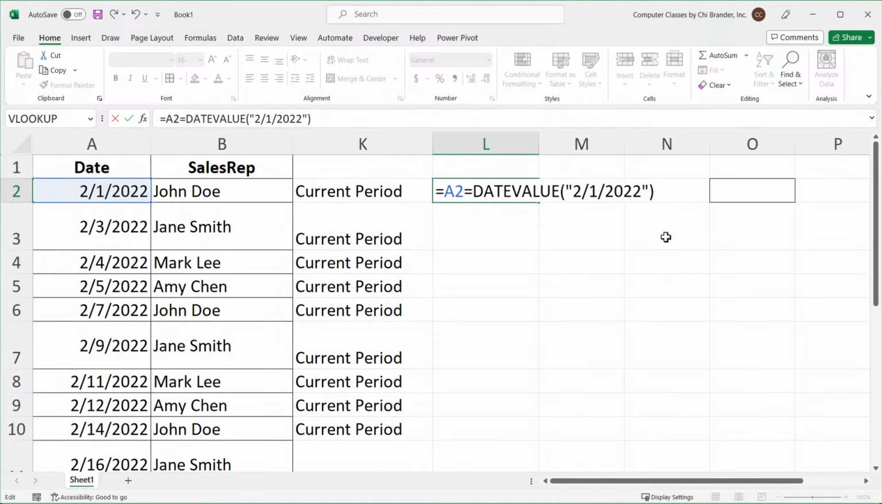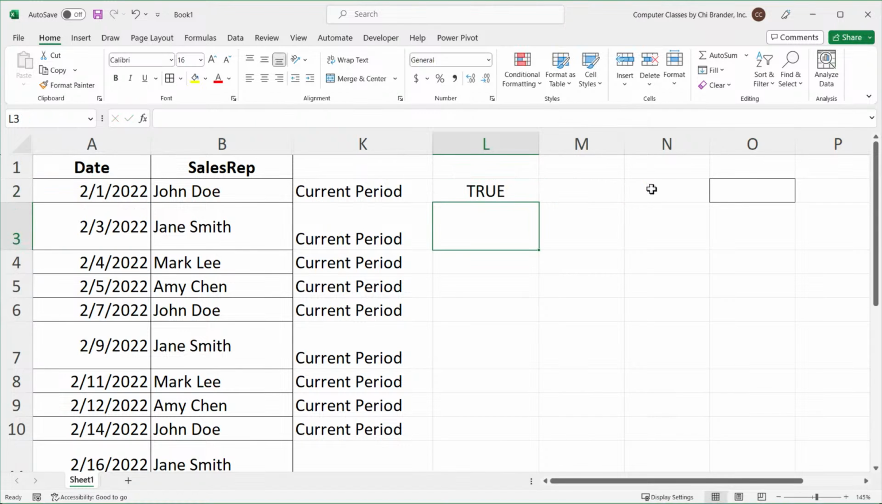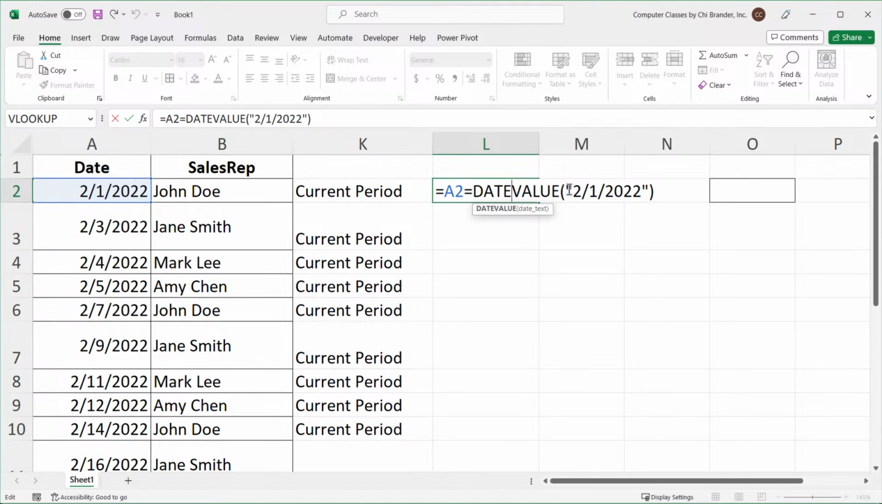And what this is going to do, it's going to take this and convert it to that number, and then it will compare it to the other date. And as you can see, this is true. This comparison works. Now, the reason this is not a good practice is because there are different formats